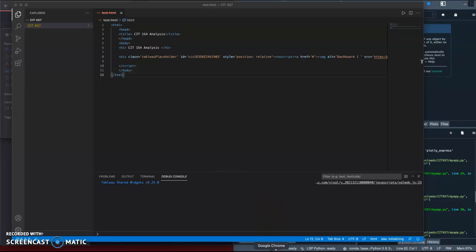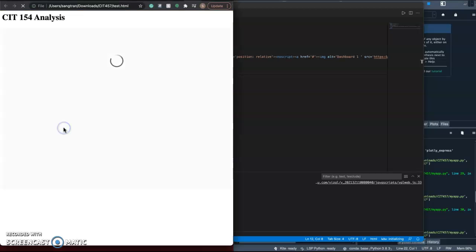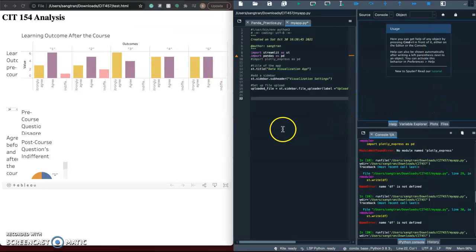And this is the result, and the result is still the same as the other one, and the other visualizations still output and still function great. And the second one I have found is using Streamlit, which is a Python library,